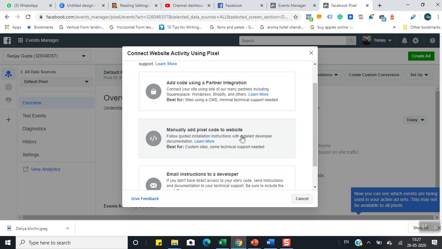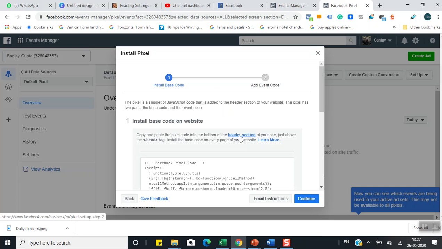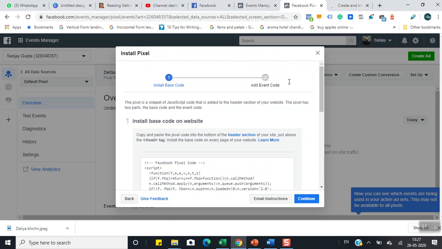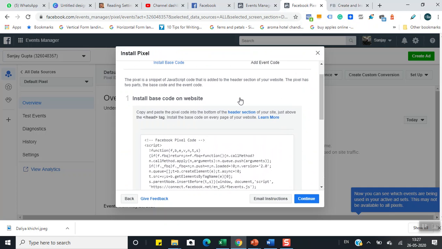Once you have submitted the button after entering the URL, this screen will appear, and from this screen you will click on the second option, which is manually add pixel code to website. So you will click on this particular option, and then you will see this option saying install base code on website.